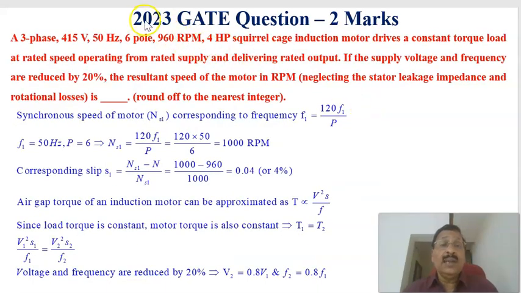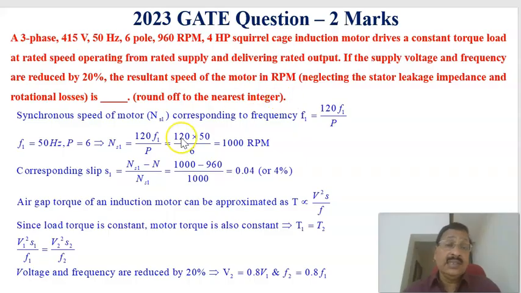Now let us see another problem, a 2023 GATE question that carries 2 marks. A 3-phase 415 volt 50 Hz 6 pole 960 rpm 4 HP squirrel cage induction motor drives a constant torque load at rated speed, operating from a rated supply and delivering rated output. If the supply voltage and frequency are reduced by 20%, what is the resultant speed of the motor in rpm, neglecting the stator leakage impedance and the rotational losses,